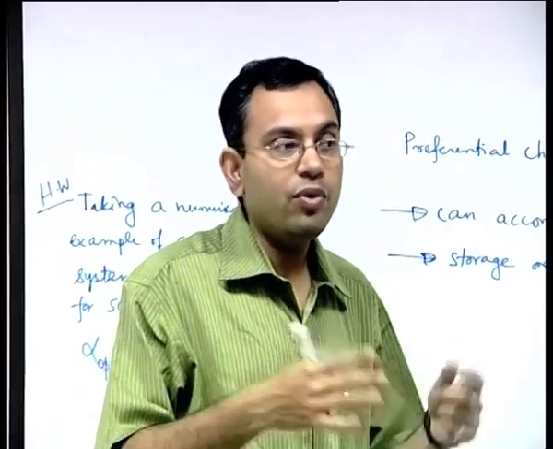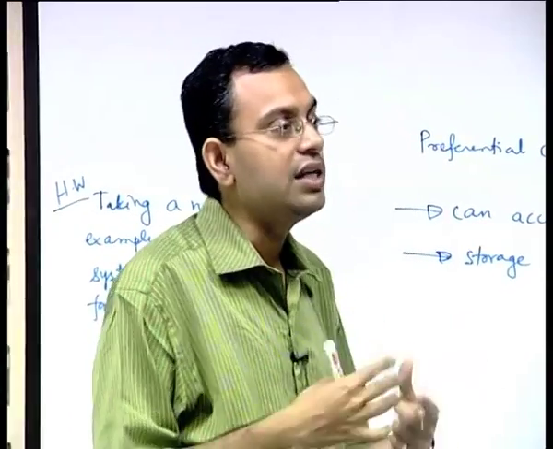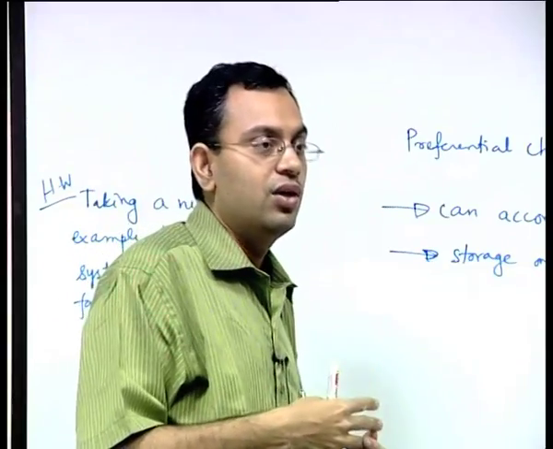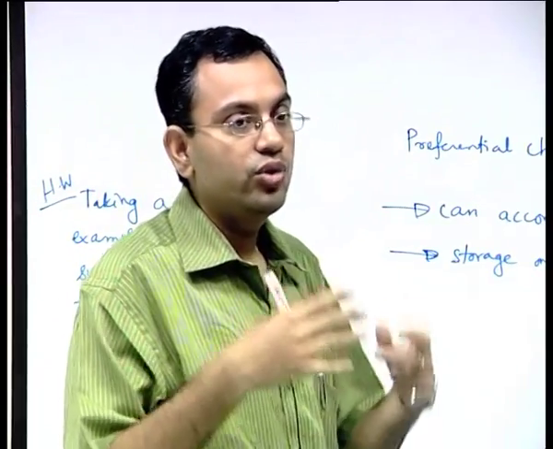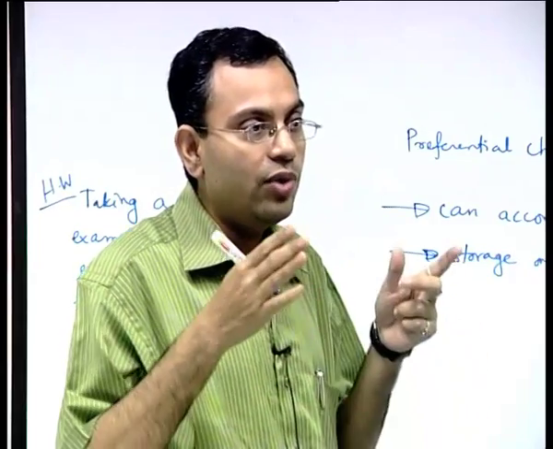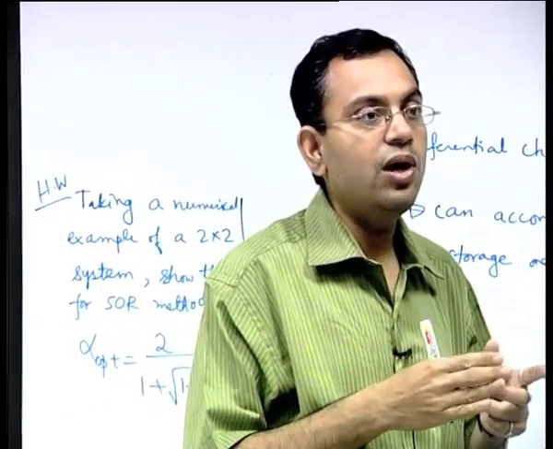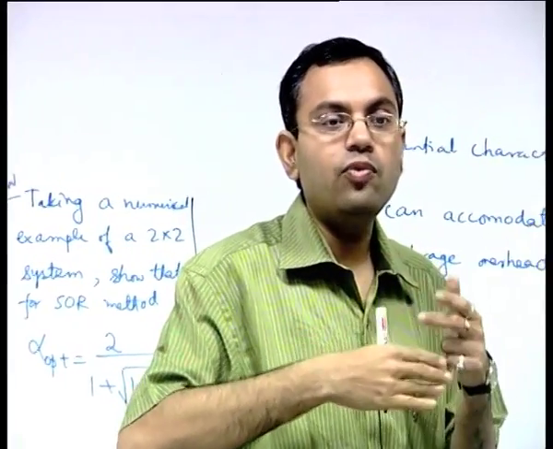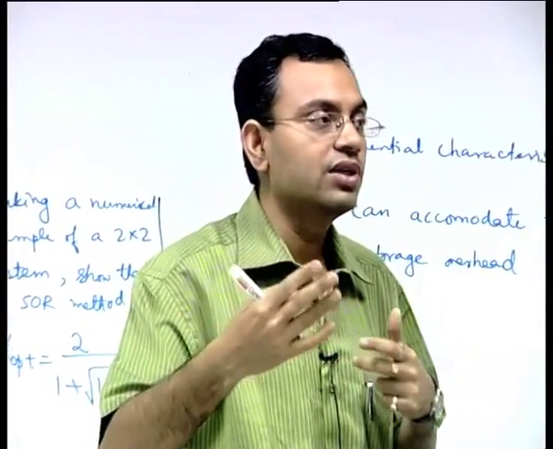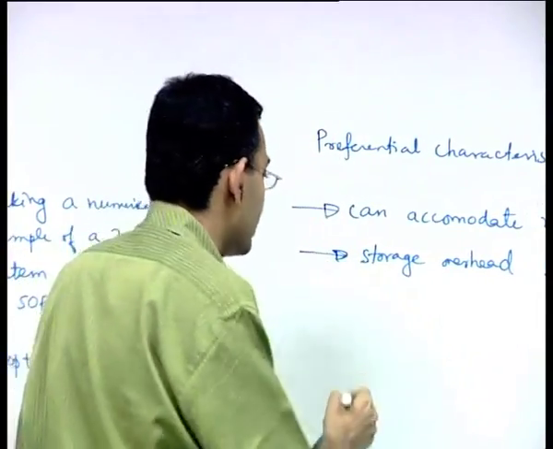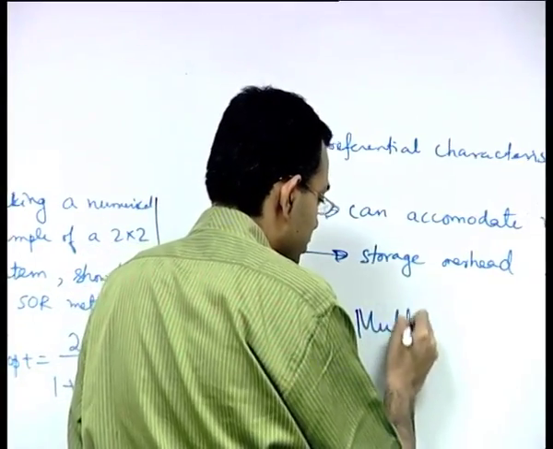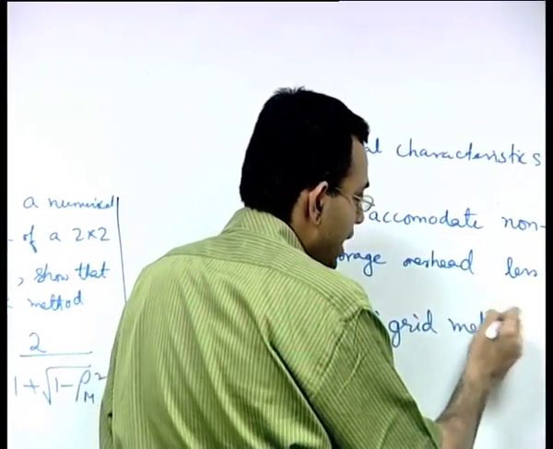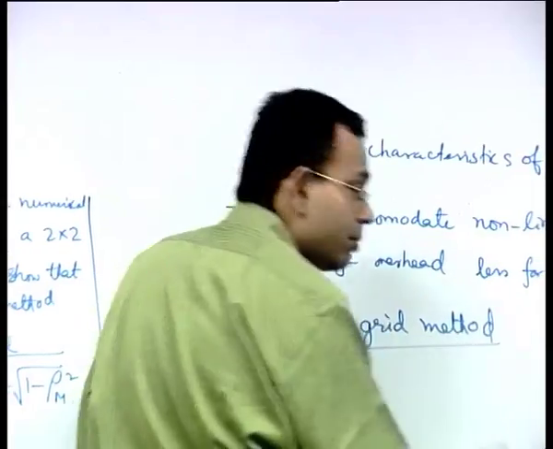So what do we do with that? Simply we cannot get rid of the method because the method is otherwise good, but we may have to adapt this method for two types of systems, for one finer mesh and for a coarser mesh, and then transform the method from one mesh to the other back and forth, and this particular method is known as multi-grid method. So we will try to develop an outline of the multi-grid method,